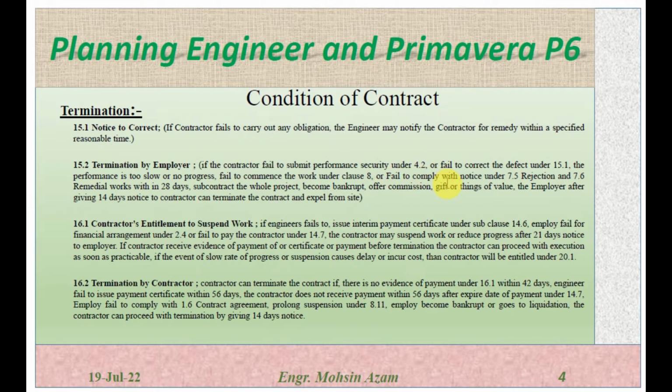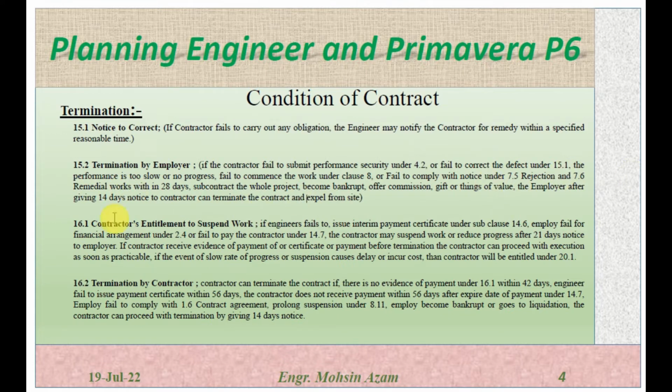to comply under the notice 7.5, or if the work is rejected under subclause 7.5, and if the contractor upon rejection fails to comply with the notice under 7.5, which is rejection, or 7.6, remedial of the work within 28 days. So if the work is rejected under 7.5, the contractor has to rework the part of the project, the part of the work, and he has to remove the defect, and after removing the defect, he has to go for the retesting,